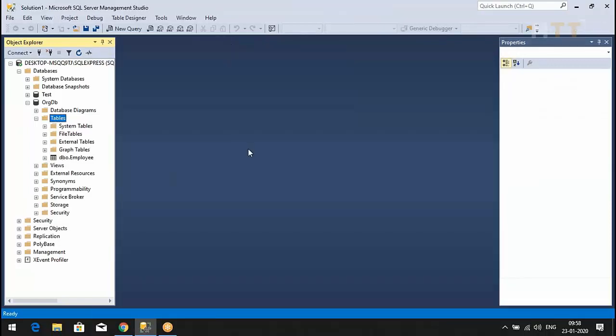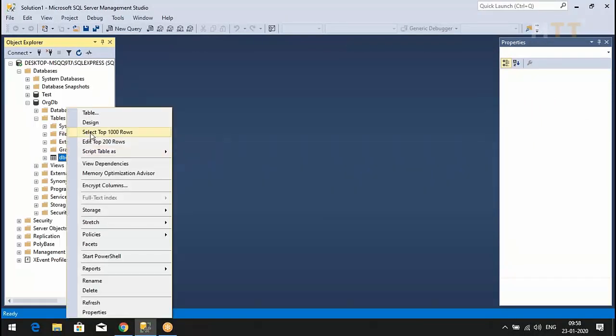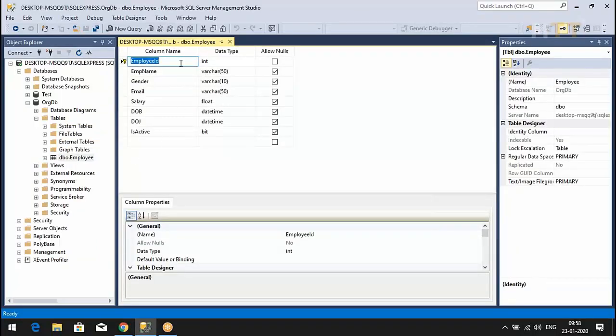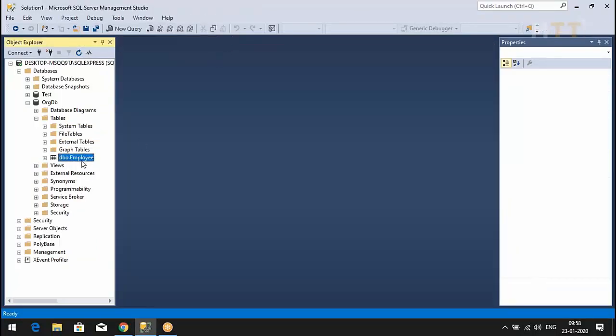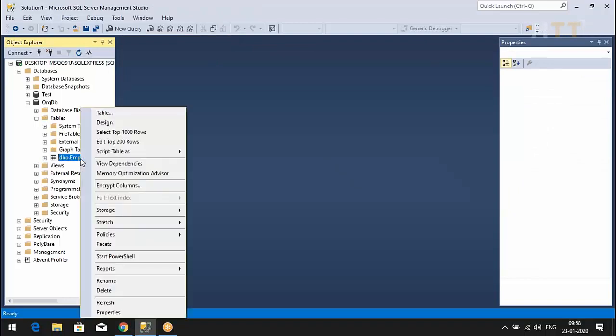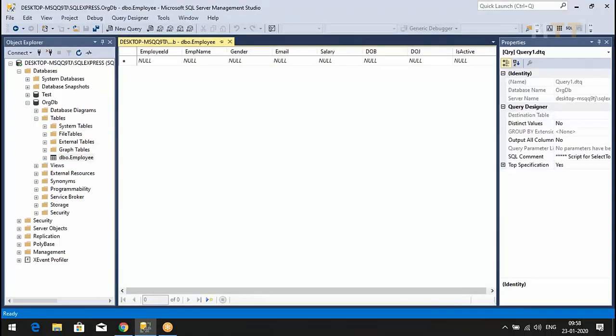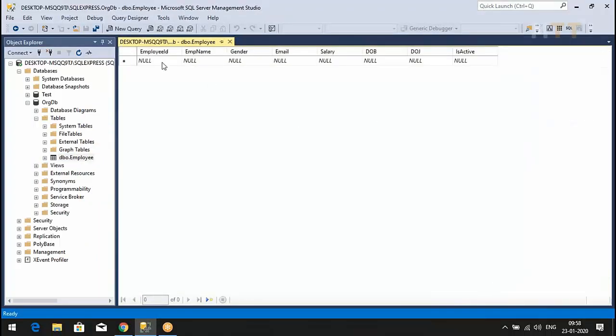Now if I close this, and I want this employee table: right click, design. You can add or remove columns. Now I want the data, so I'll right click, edit top 200 rows. Employee ID 1.